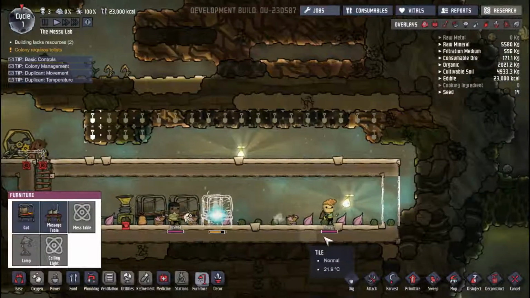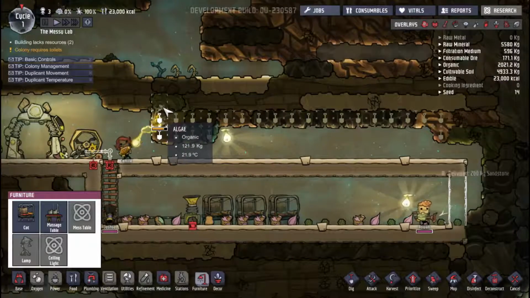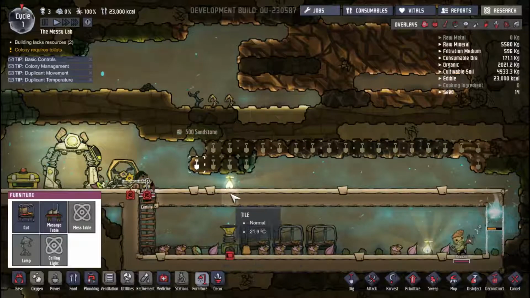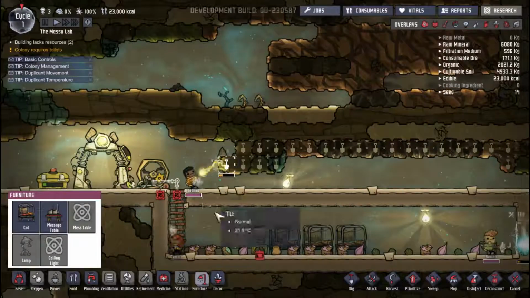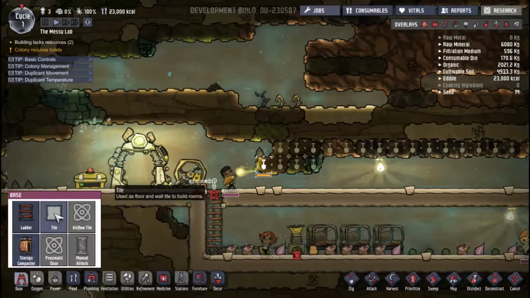Okay, so we're building the cot, so we have that ready to go for our first cycle. We're building out this way. There's a little bit of algae there. So what I should probably do, actually, is have a...